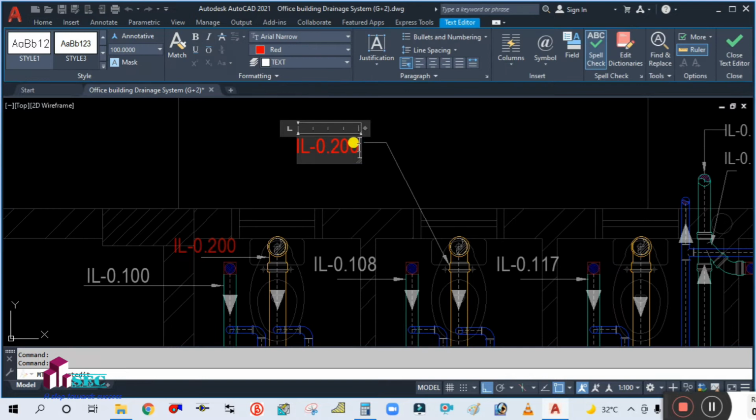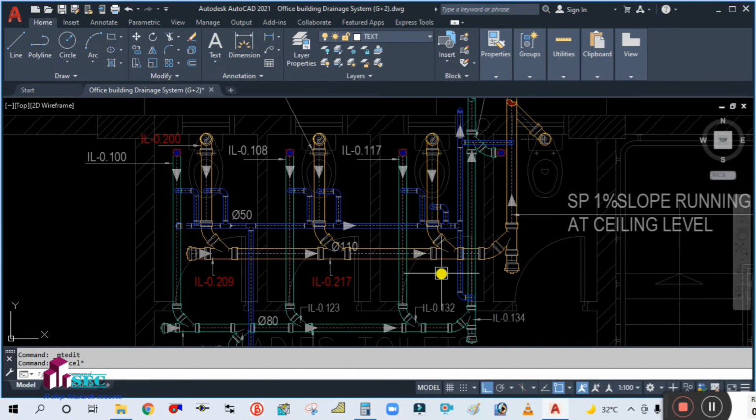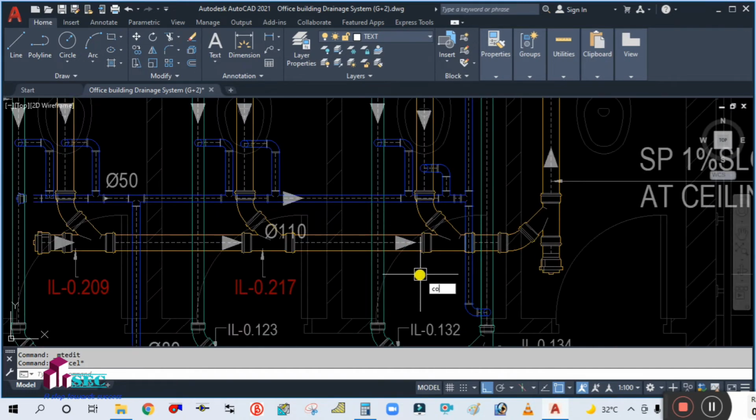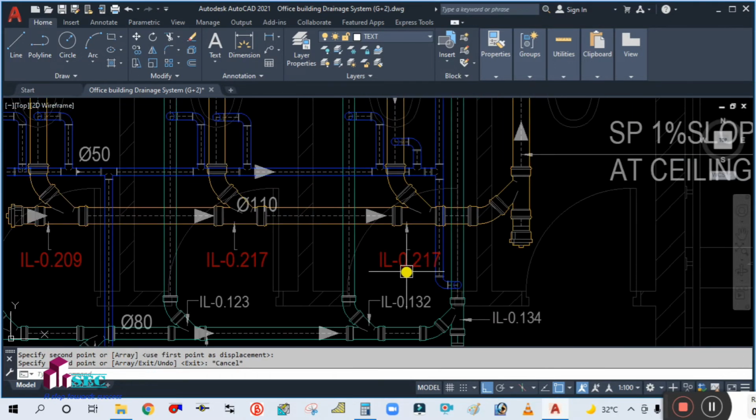Okay, and next, again here for this point, simply copy this, place it here. Okay, and then check the distance, use di command,